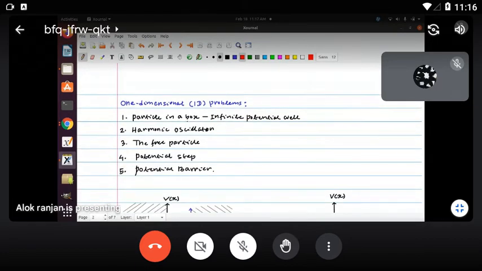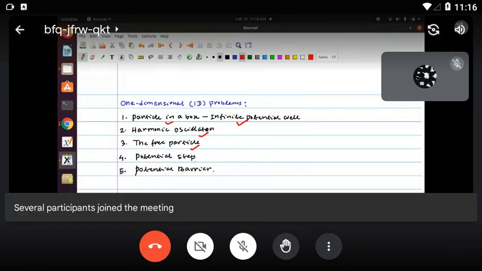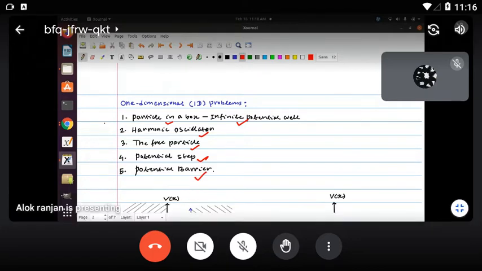The first one is the particle in a box, right? You can say that is the pet name or nickname, and it is in fact a particle which is trapped inside an infinite potential well. Then the quantum harmonic oscillator, then the quantum free particle, then a quantum particle which sees a potential step, and a quantum particle which sees a potential barrier. So these are 5 exactly solvable problems in quantum physics, and we'll solve them one by one.